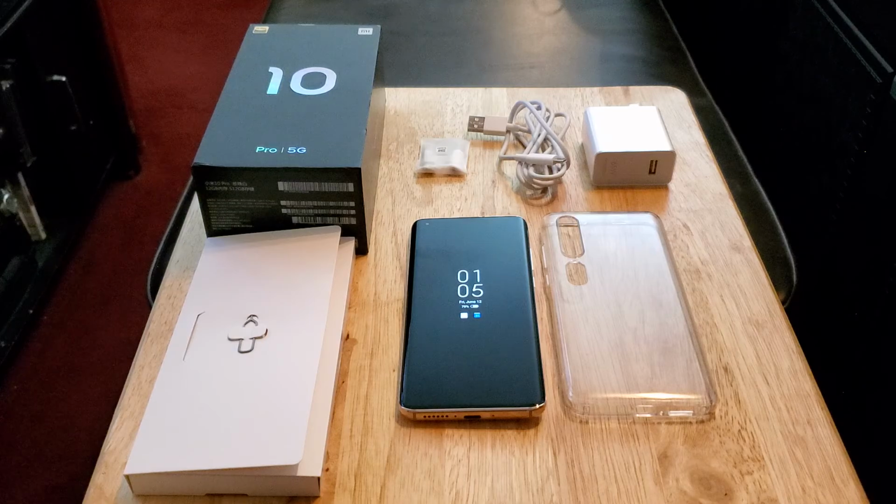Today I'd like to do my first impressions of the Xiaomi Mi 10 Pro 5G. Now, I just got this phone a few days ago and I've been wanting to check it out. I've been hearing a lot about it, and I'm really excited about it. I'm not going to do your traditional unboxing. Everything is practically unboxed here. Okay? Now, first we have